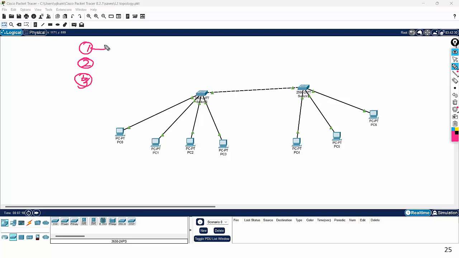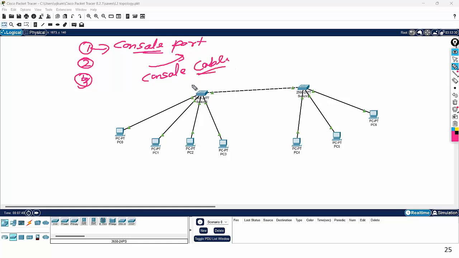Access the control. First is a console port. Every switch has a console port, and you need to connect a cable, known as a console cable.